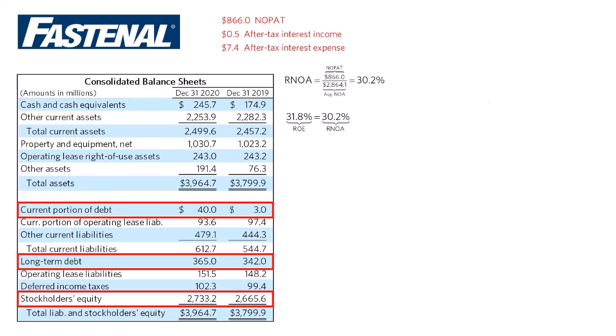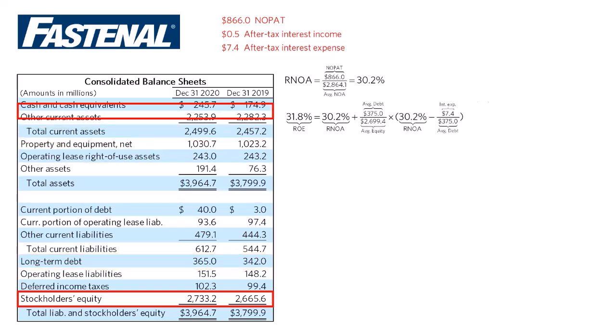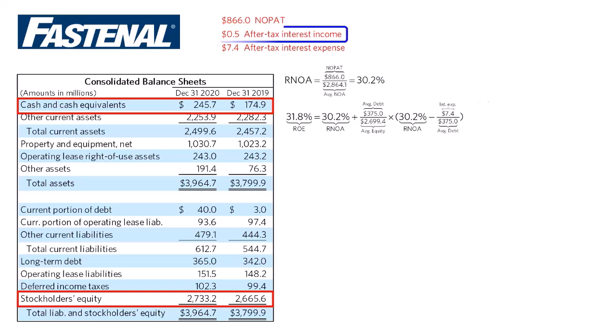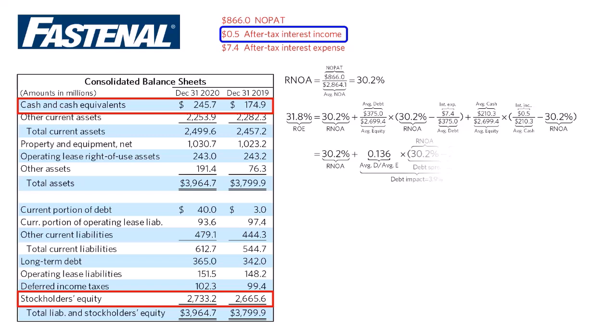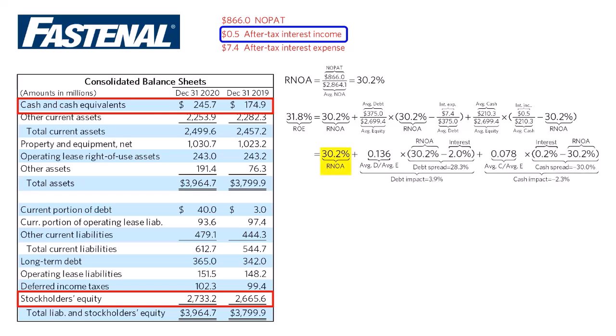For the impact of debt, we need the average debt to equity ratio and the spread between RNOA and interest expense. For the impact of cash, we need the average cash to equity ratio and the spread between interest income and RNOA. Putting the pieces together, we see that RNOA is 30.2%, which reflects the performance of Fastenal's operations. Debt adds 3.9% to ROE because Fastenal is borrowing at an after-tax rate of 2% and investing it in operations that earn 30.2%. Cash subtracts 2.3% from ROE because of Fastenal's investments in low-risk cash investments with a correspondingly low